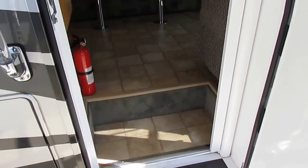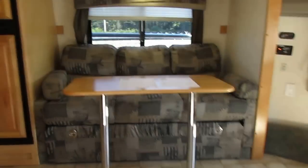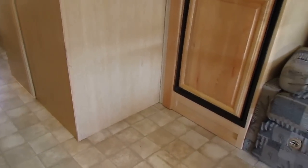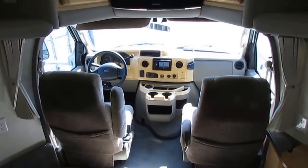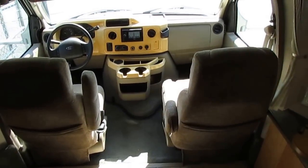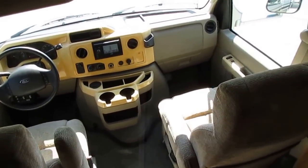Now, folks, as we step inside here, ooh, it's good and cool in here. I'm gonna tell you, it is nothing but hot out here. 93 degrees right now. As we step inside here, folks, there's no smoke or pet odors. As far as I can tell, everything works, but I'm not an RV tech, and my RV techs will go